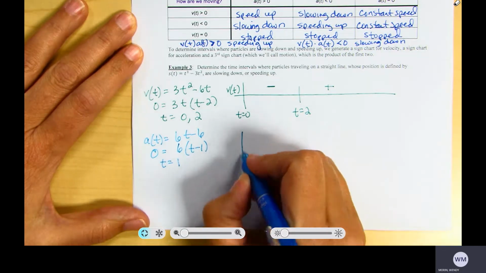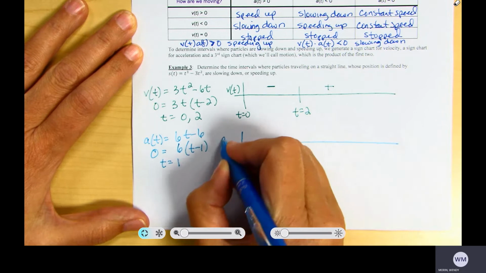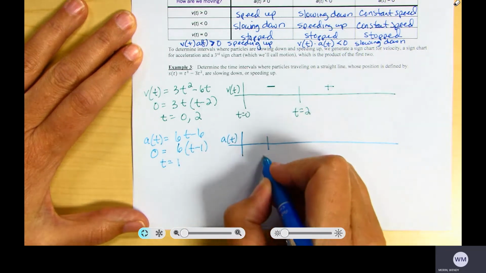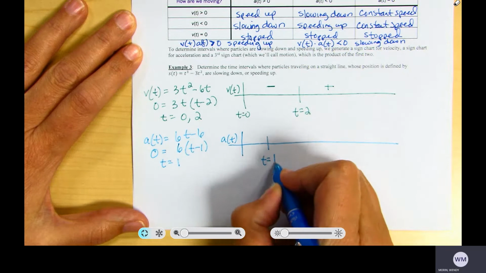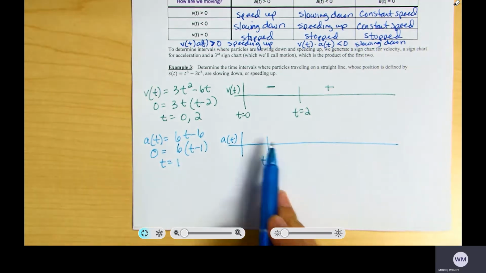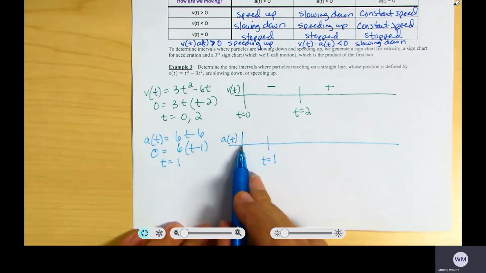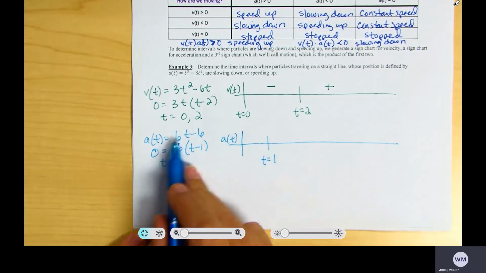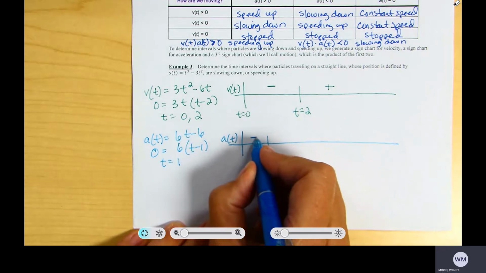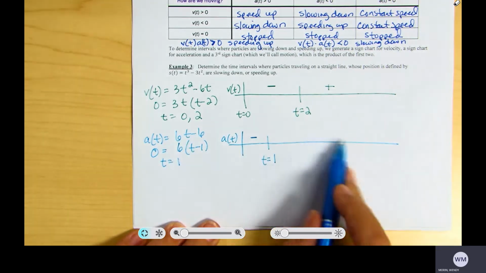So I'm going to do a sign chart for acceleration, and when t is equal to 1, that's when I have 0 acceleration. What happens between 0 and 1? If I plug in a half here, I'm going to get a negative acceleration. If I plug in a number over here,